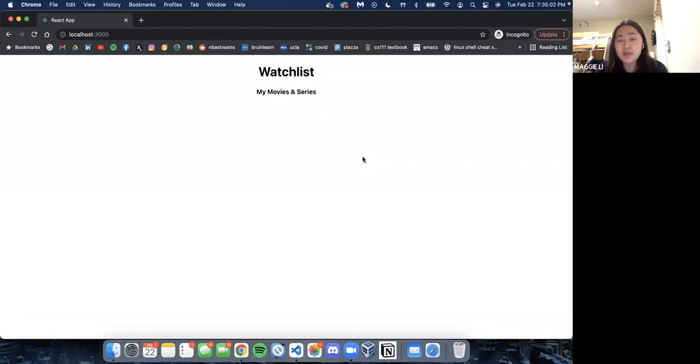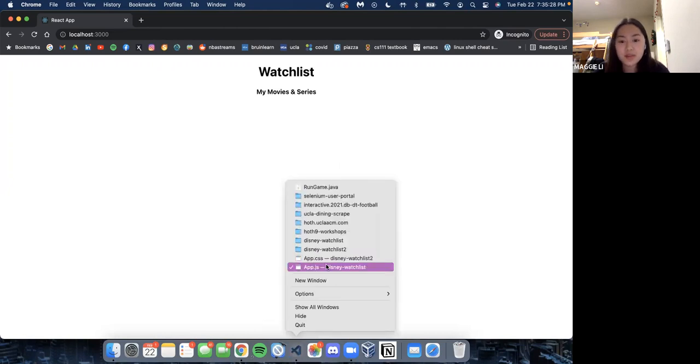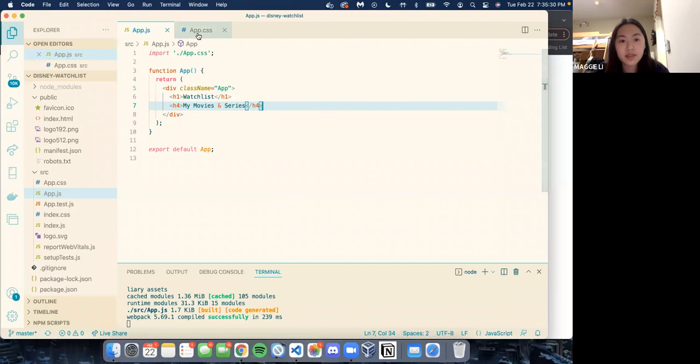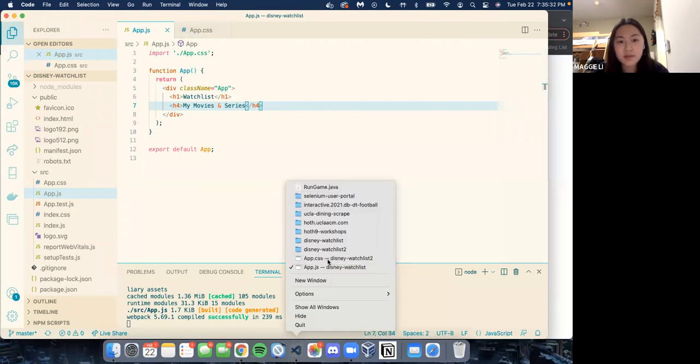But this is also kind of ugly and plain, and this is not what Disney Plus looks like. So I'm actually going to add some CSS to make it look a little bit more like Disney Plus. Because I'm assuming that you've already learned CSS before, I have some pre-written CSS code that I'm going to be adding in throughout this demo, in the interest of time. The CSS should be familiar to you, and it'll also all be available on the GitHub repo if you want to take a look. So I'm going to go ahead and add in that CSS that I have